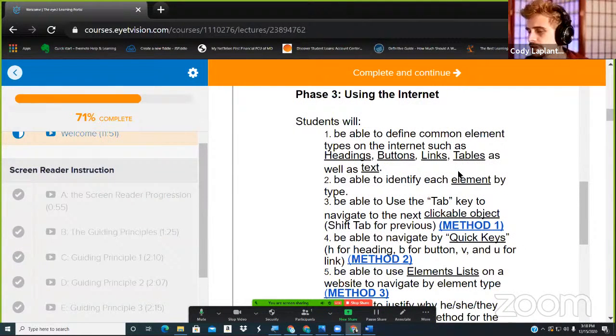All right. So our student first needs to be able to define element types, right? They need to understand headings, buttons, links, tables, as well as text. There's other element types. We go over them in our paid course, Basic Internet Navigation. We go over edit fields. We go over graphics with alt text, right? These are all types of elements. We also go over which ones are clickable and which ones are text elements, only there for information. That's really, really important that they understand and are able to define those types of elements before we navigate anything,